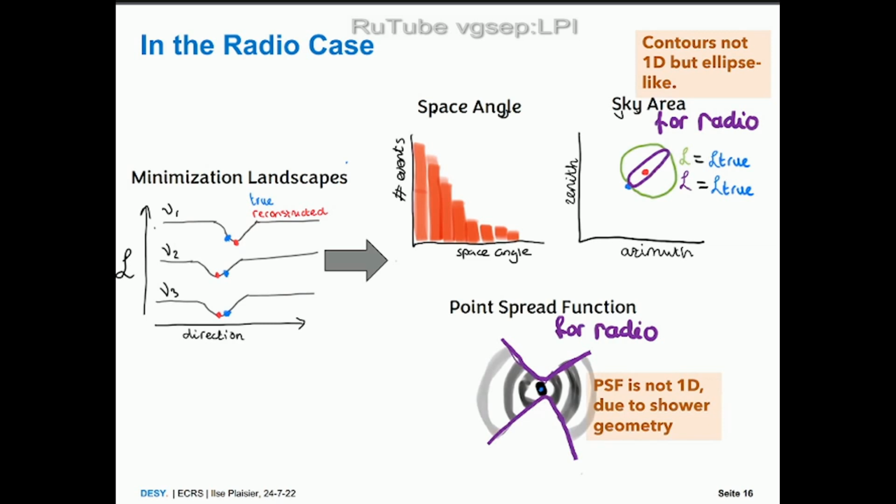However, due to the geometry, we expect for different zenith directions that more polarization options are possible. And therefore, depending on the zenith direction, we have directions basically that are not possible. And therefore, this figure really depends on your zenith direction and is especially not 1D. If you want to include more information, then actually reduce this entire landscape to a single number. You can include the shape, for example, by drawing contours such that all your values are lower than your simulated one. And in the ideal world, when everything is 1D, you can again describe it with your space angle,